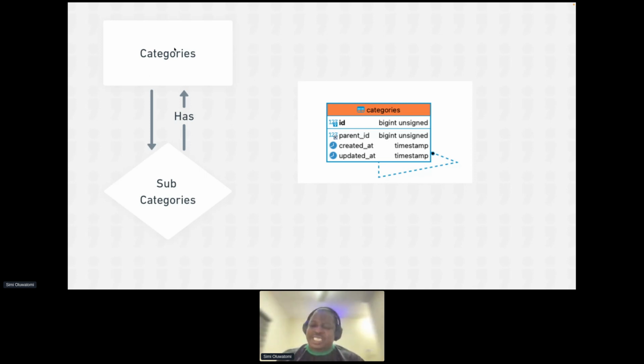While you could store those data in different tables and reference them, when you look at the shape of your data, you would see that they are all categories. So the best way to store that form of relationship is to use a self-referencing relationship, such a way that once something has a parent, then that means it is a subcategory to something else. So these are the relationships I want you to be on the lookout for.